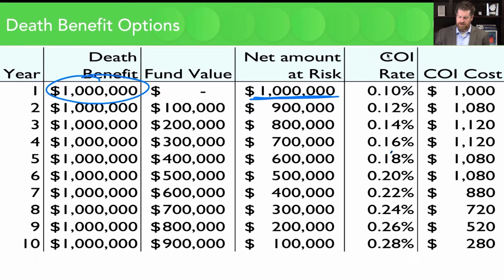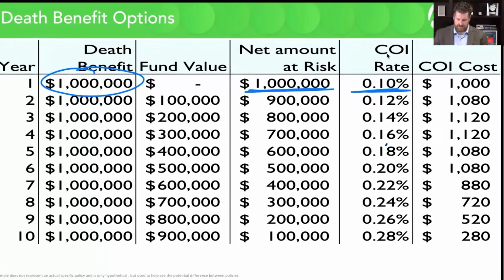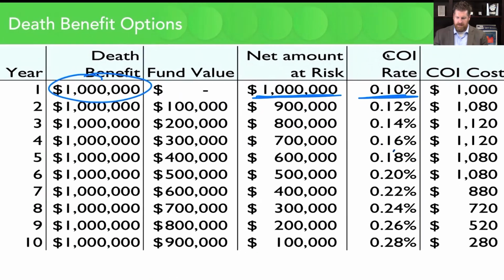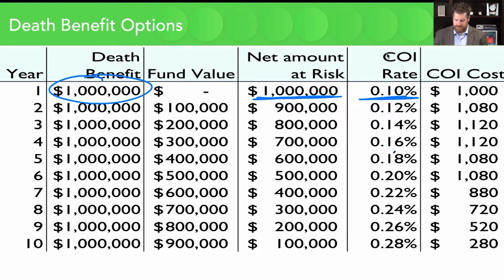And then here's the cost per thousand. The cost per $1,000, which is how insurance cost is calculated, is 0.10. So it's cheap, and you times that by $1 million and you get $1,000 in cost. The next year though,